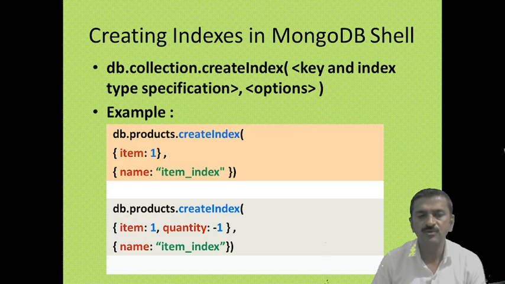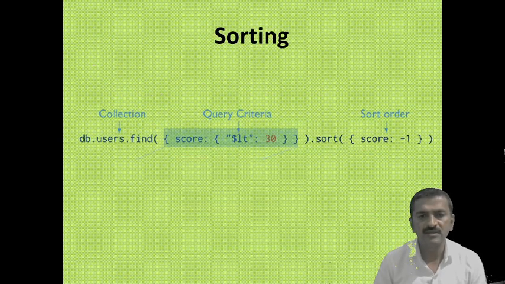db.product.createIndex, and if you want to define the index on a particular key or column, you can mention the name here, and 1 is just the order in which you want to define the index. 1 indicates you want to define the index in ascending order and -1 indicates you want to define the index in descending order. You can also specify a name for the index in the second option. So this is the syntax of defining the index using